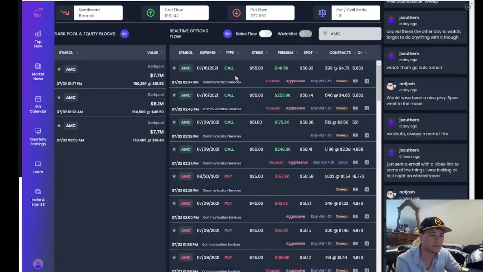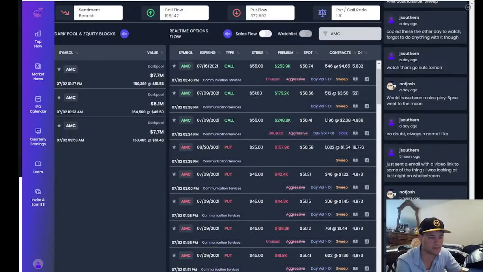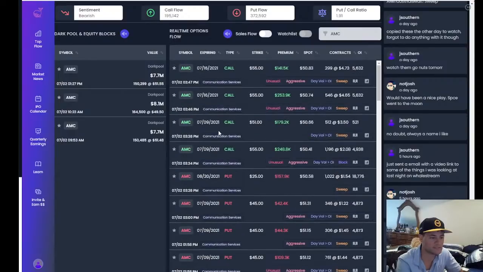Whoever was buying these calls thought it would be too difficult to get almost, what is that, 845. They thought this would be too difficult to find somebody that was willing to sell them 845 calls in one shot. So they broke it into 2 different trades. That's called a sweep. And you can see it right here, a sweep. All right, a couple of minutes prior, somebody else bought some calls. A lot of calls being purchased on AMC at the very end of the day.